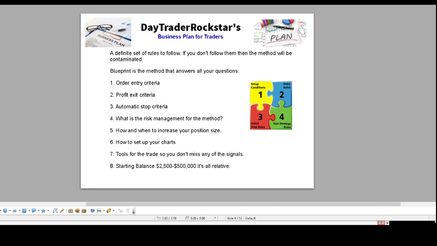But it's not as easy as it sounds, and I make it sound easy, because again, you're going to get in trouble from lack of discipline and lack of patience. It happens. I will show you exactly the setups. We have many alert systems that go out, and many tools that actually identify them. I built a whole method around just a couple of setups so we don't miss those. But again, everyone usually has to find their own path, and a lot of people try to do that, eventually coming back to the path that I laid out.